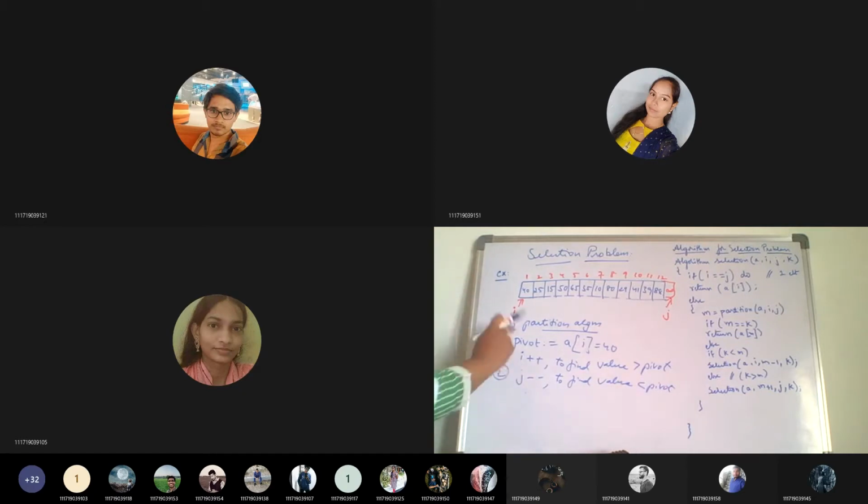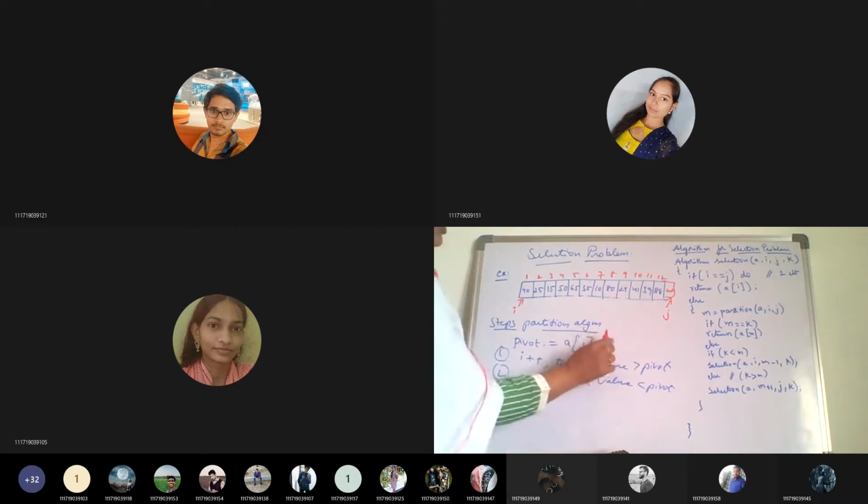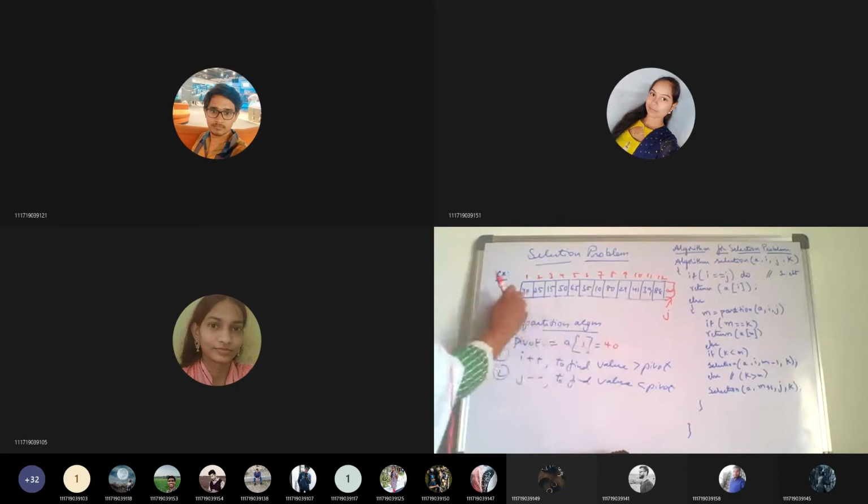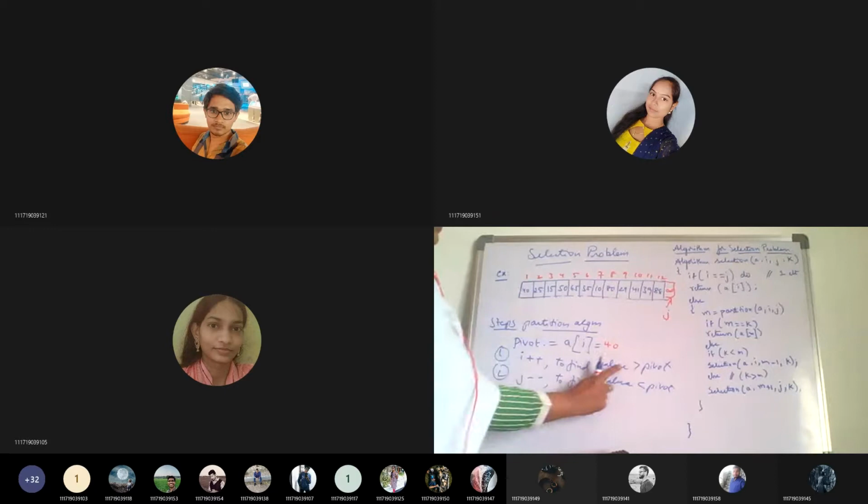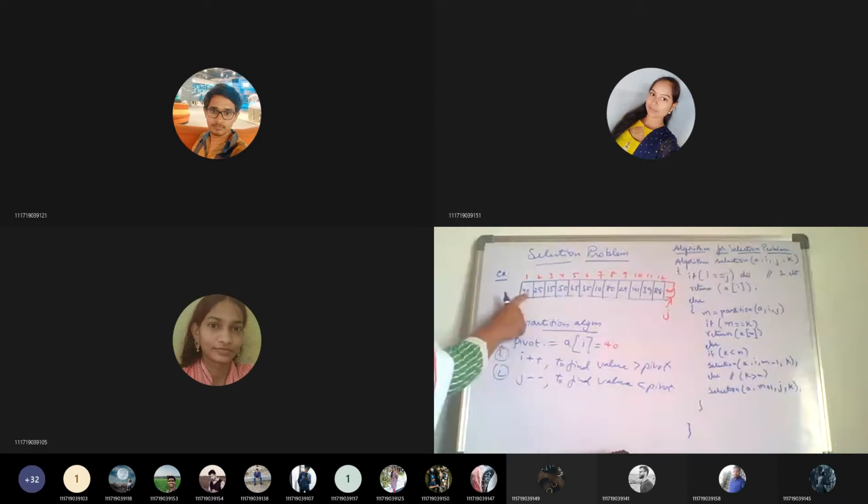Okay, now let's do this. Our pivot here is currently 40. Let's increment i. Is 25 greater than 40? You have to increment i until you find a value greater than pivot. Pivot is 40.